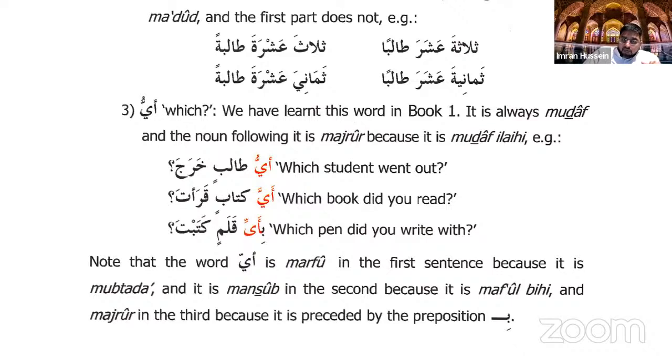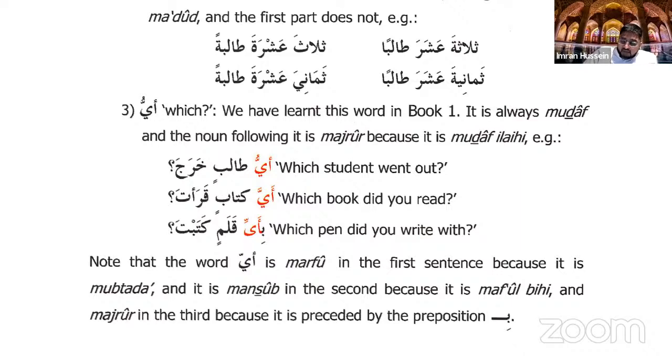Number one is that the word ayyu is coming in the beginning of the sentence because it is required to come in the beginning of a sentence for you to be able to make a question about the whole sentence itself. The reason why it's getting a dhamma, this ayyu, is because in this sentence, ayyu talibin,